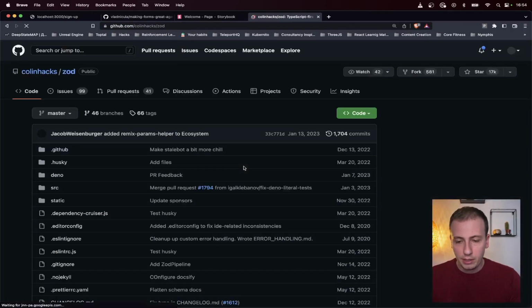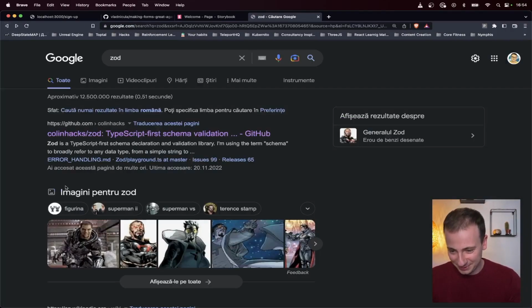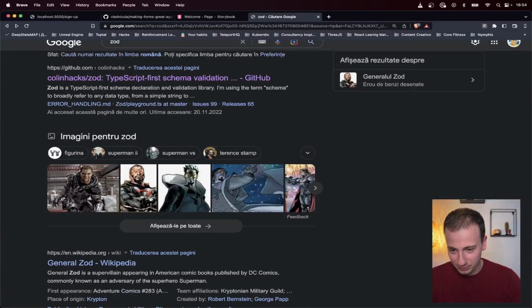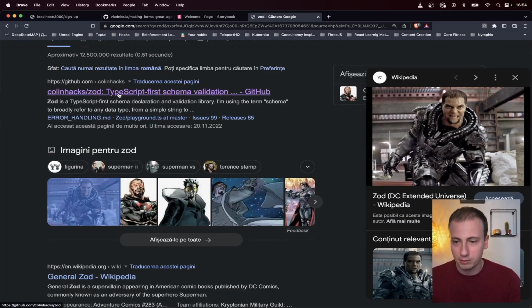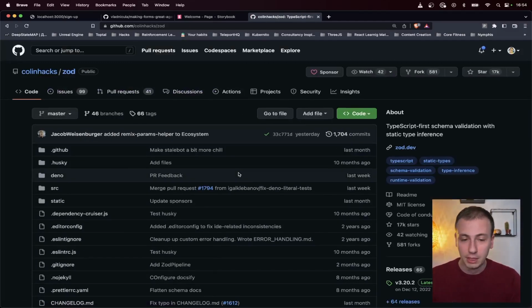Zod is apparently a character from comics as well. Oh, the bad guy from Superman, actually. Did not know that. Interesting. Anyway,